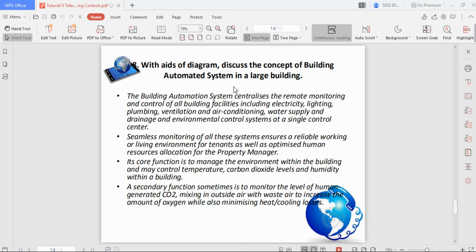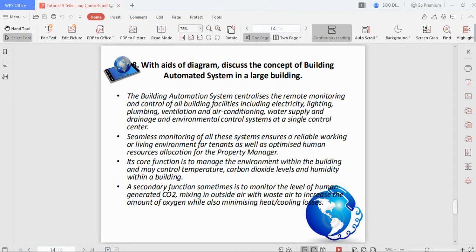This way, if you have any problem, the worker in this BAS system will be able to adjust and control, and then they will be able to inform and manage all the building services